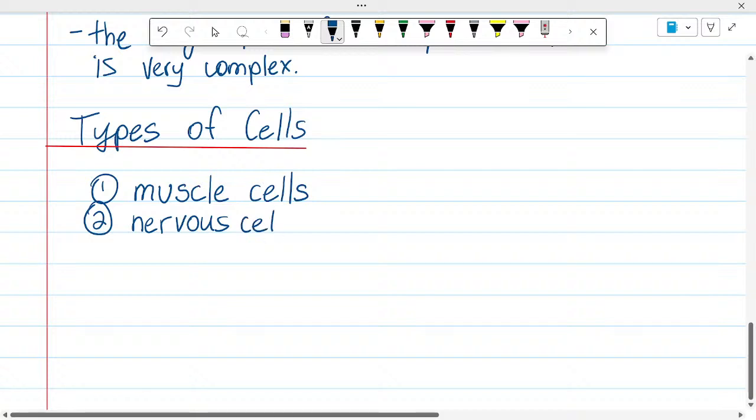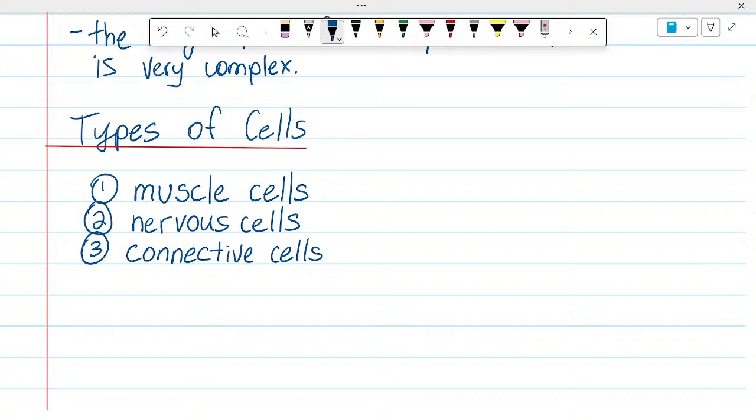Nervous cells. Blood cells fall into the next category, but it's a broader category than just that. Connective cells, which blood cells has always felt to me like they loosely fall into this definition, but that's where they put them. And then fourthly,